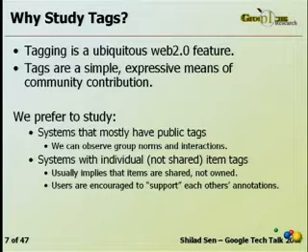And with that in mind, there's a particular type of tagging system that I'm interested in focusing on. I'm interested in focusing on tagging systems that have public tags because we want to see the interaction between users. And I'm interested in focusing on systems that maintain individual sets of tags, right? And the reason that I'm interested in those types of systems is we can get some idea of approval in these tags. We can get, from the aggregate statistics about multiple users tagging items, information about agreement in a community.